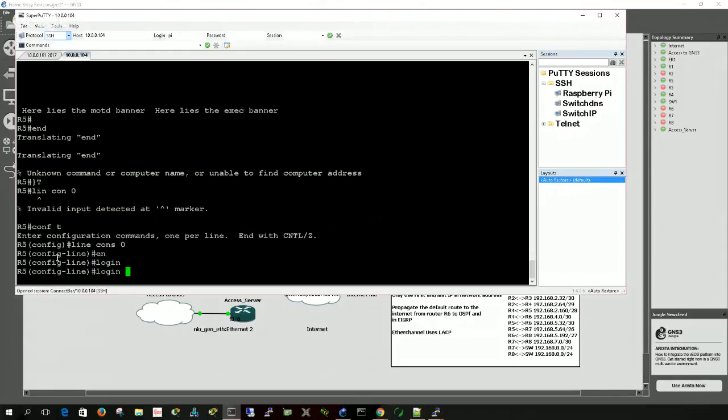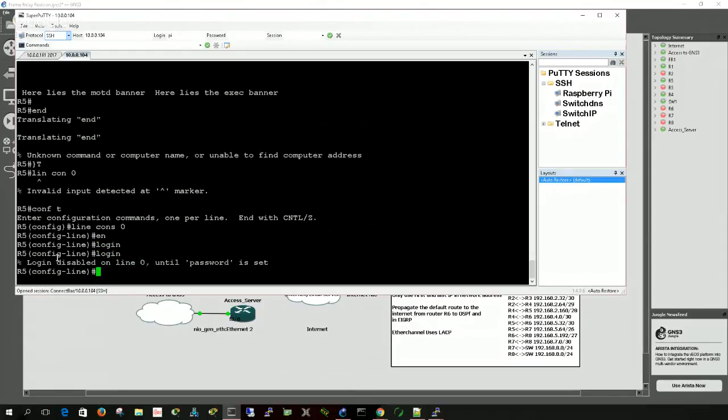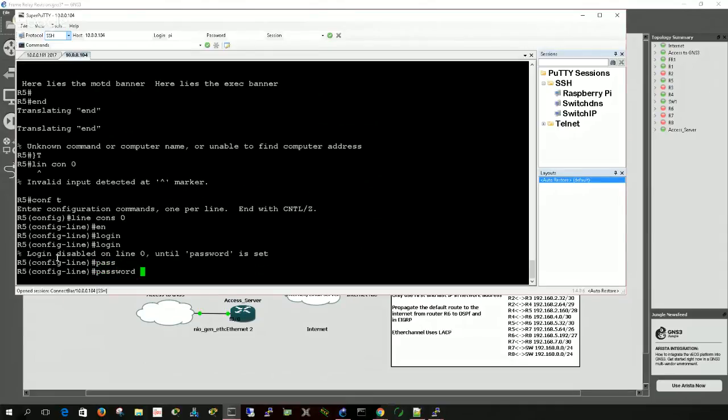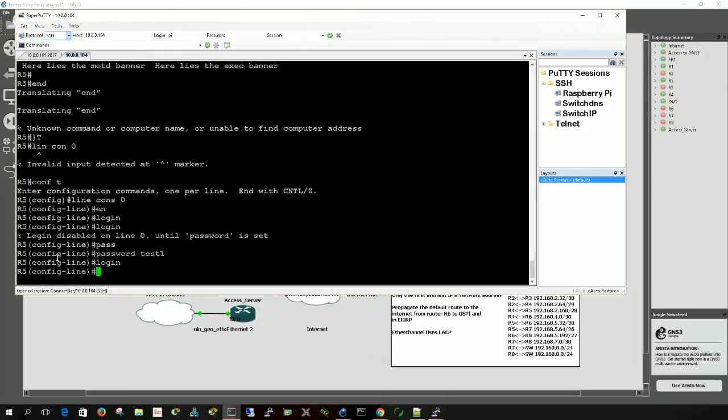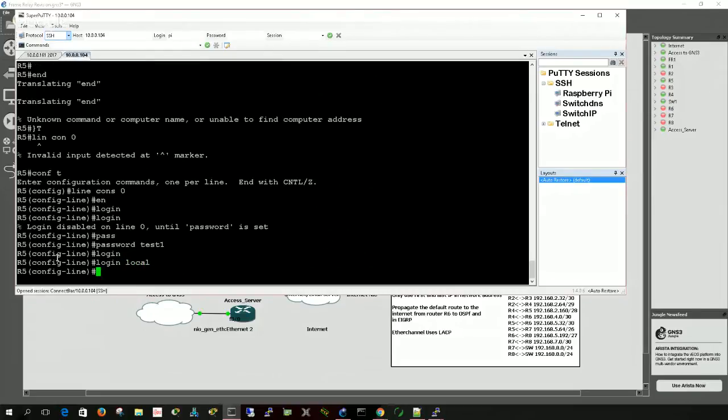Sorry, password tests. Password should be tests1, and login enable. I think I can do login local actually. Login local. Okay, for line 0, and I'm going to do show run,